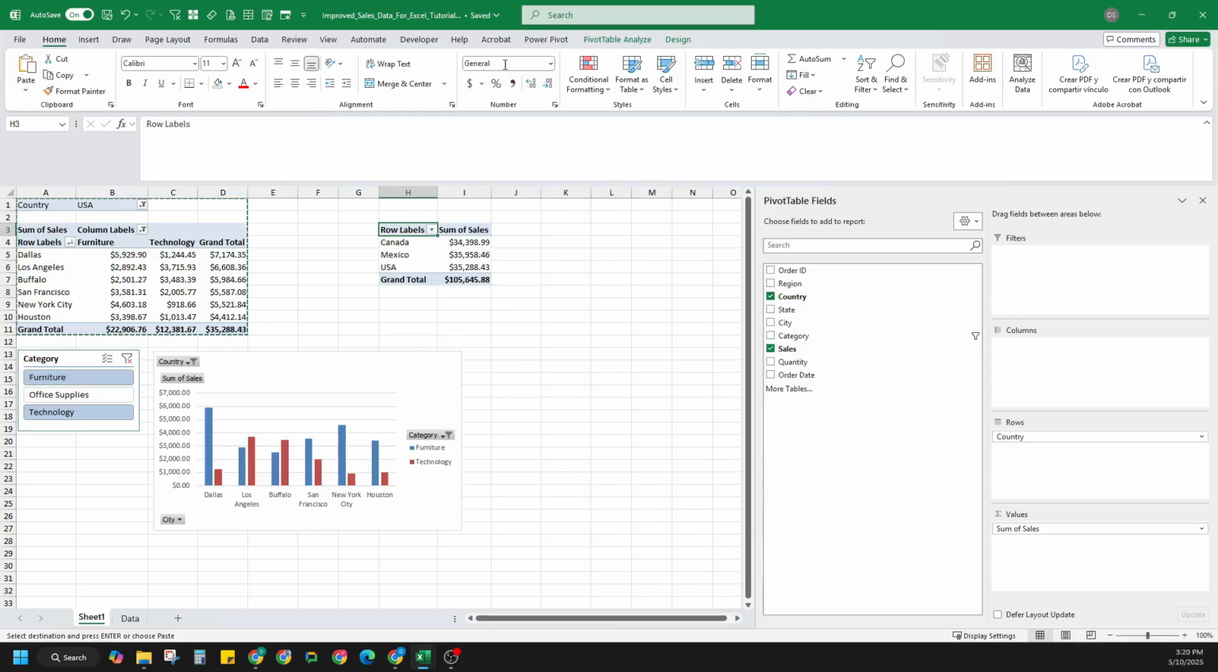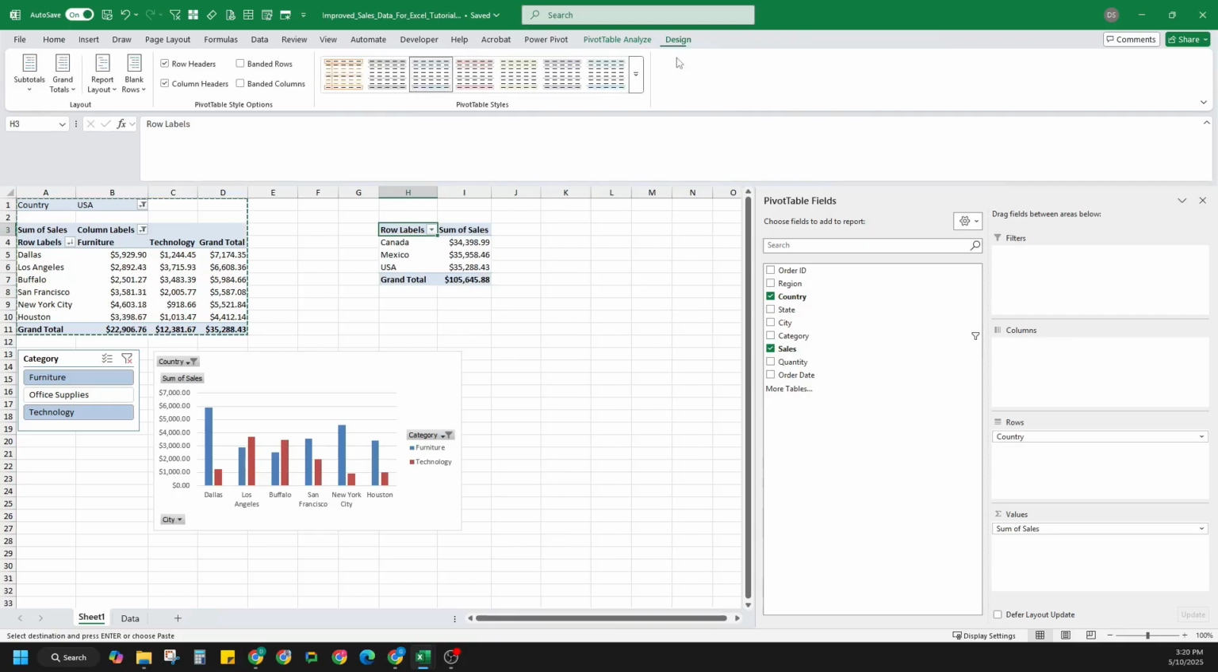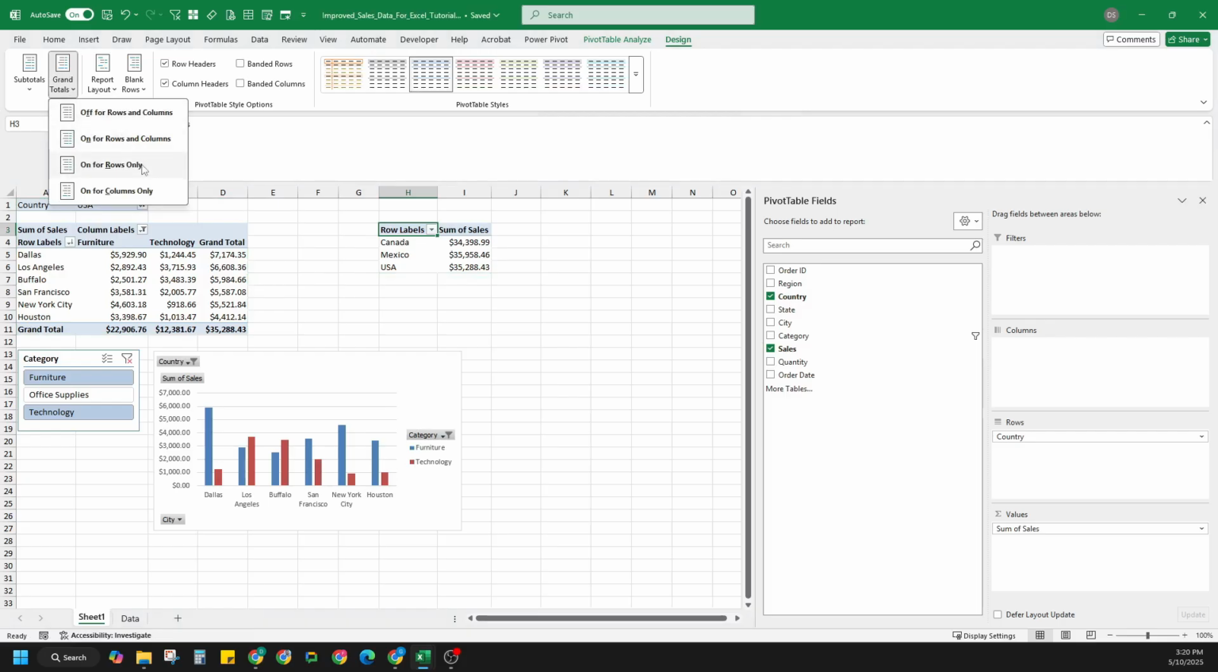Remember also that here in design you can select if you want to show the totals. So here you have the grand total. You have the option for off when you don't want to show anything, or you have on for rows and columns, or on for rows only, or on for columns only. For example, here I can select on for columns only and it will show the total. Okay, well,